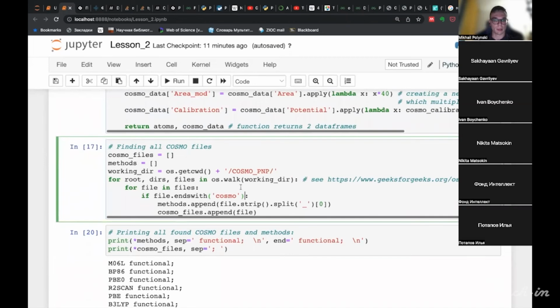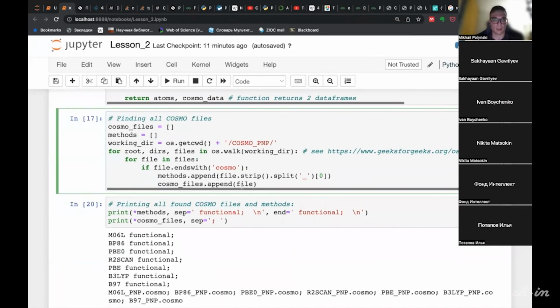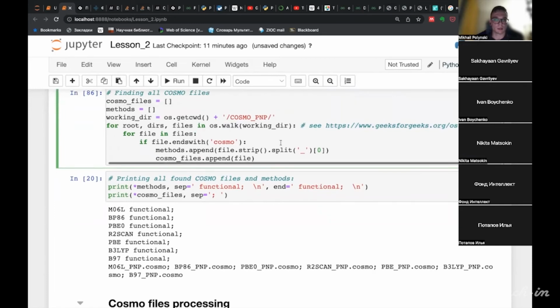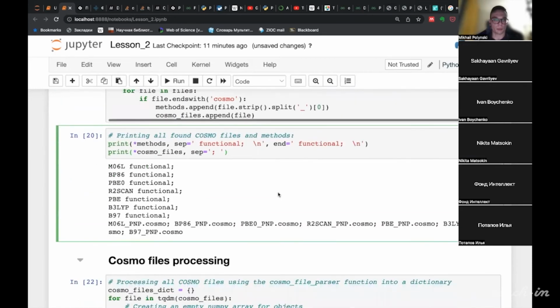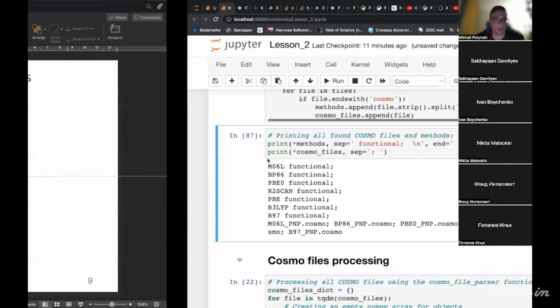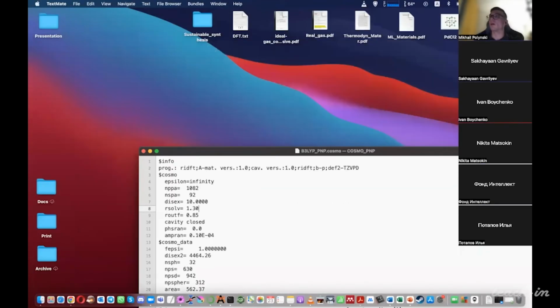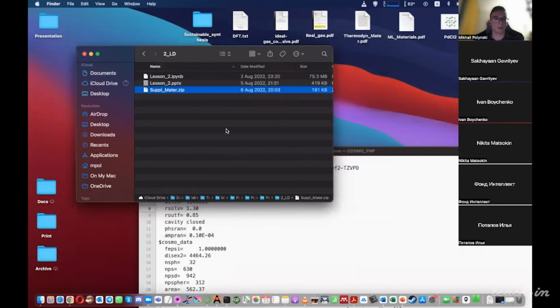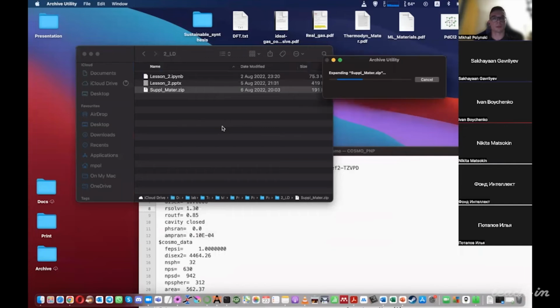So next, we are going to find all COSMO files. Here I use the os.walk method, and I suggest you follow the link I provided. So we find all files, and we can print all found COSMO files. You can find them in the zip archive I've sent you.